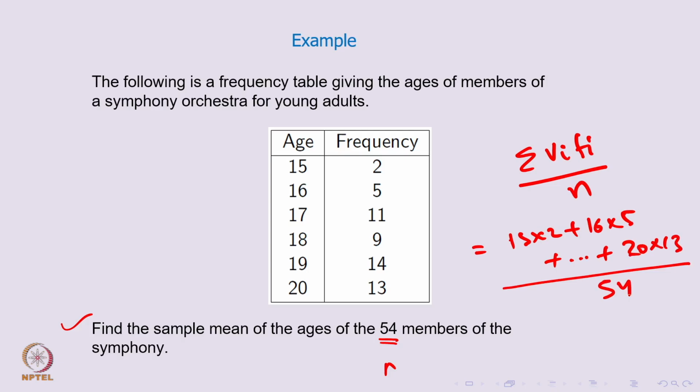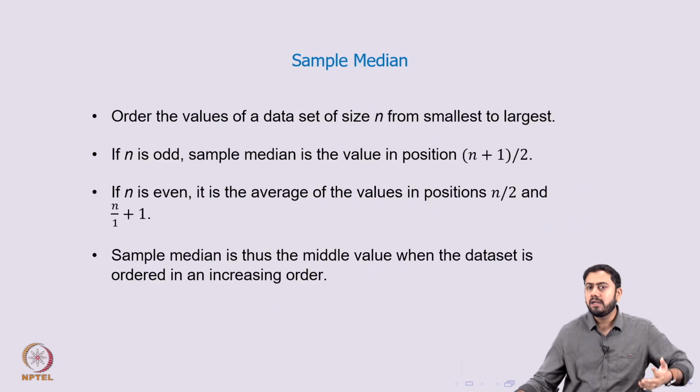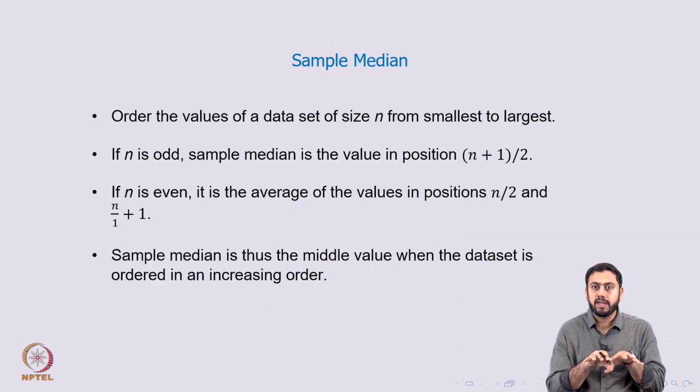Like I said, finding the sample mean is not very difficult if you understand whether the data set is in the form of a single vector, or a frequency table sort of format. Now we will spend a very brief time on understanding the sample median. What exactly is a sample median? The sample median is nothing but the middle point of any data set. Let us say the data set contains 10 or 11 observations: you sort the data from smallest to largest and find the observation which stands right in the middle. That middle observation is called the median.